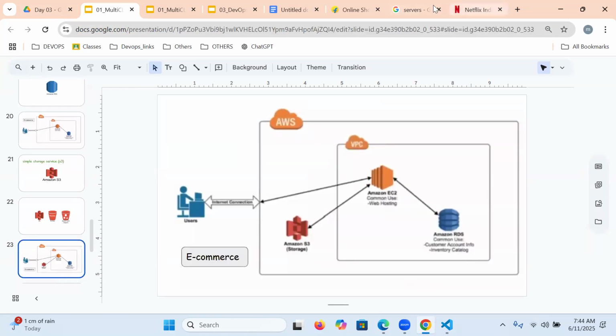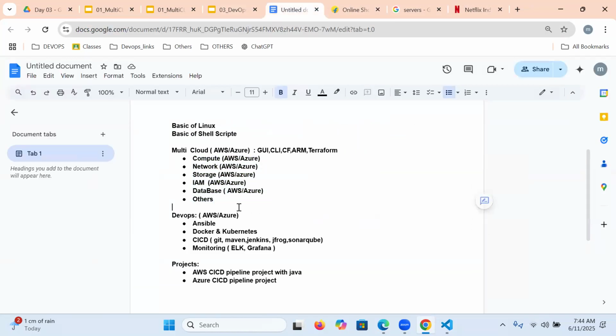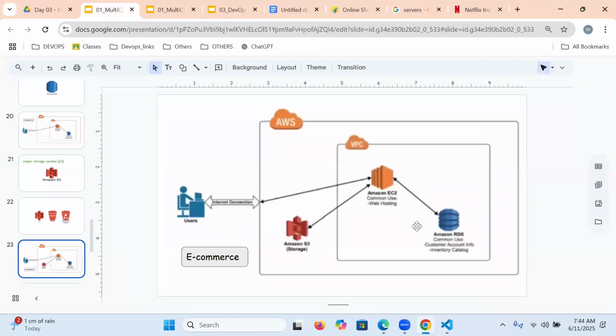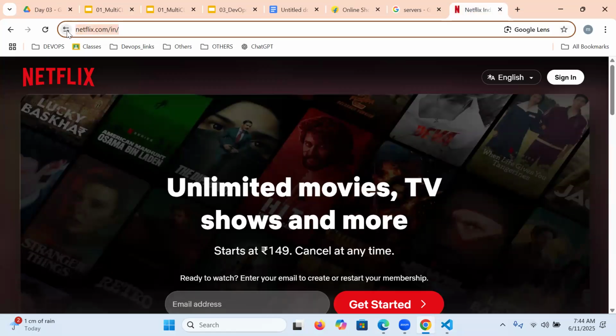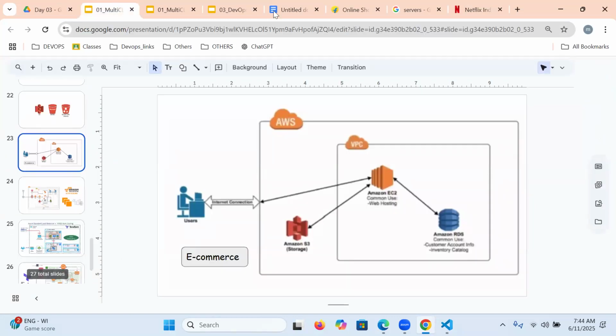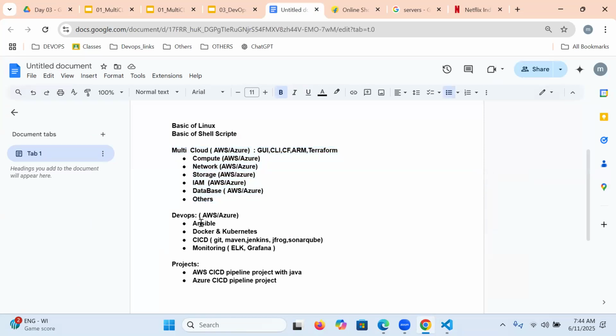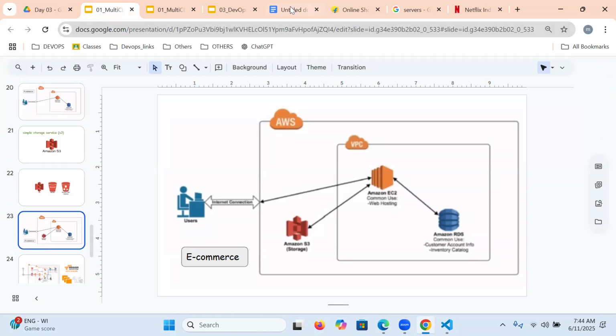So for deploying our Flipkart kind of applications, what kind of infrastructure is required? We can get into the cloud and use it easily. We can place the application and do business. While doing this, we require an automated process, which we can get through the DevOps process. For that, we are going to be learning this. Clear? I hope you all understand very clearly.